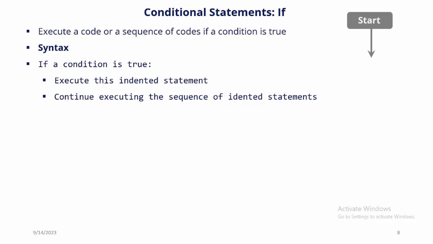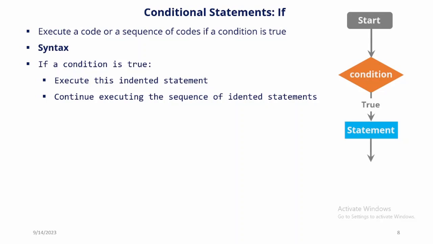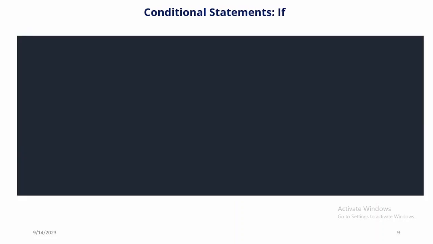So we start, and then we'll move along the program. We test a condition. If the condition is true, execute a statement, and then we are going towards the end of the program after the statement has been executed. If the condition is false, don't execute anything, just go to the end of the program. So we see an example. We'll call it if test.py to demonstrate the if statement in Python, a basic if.